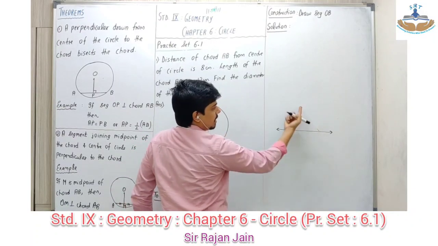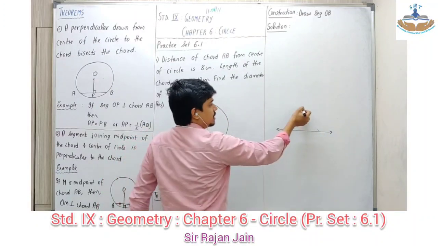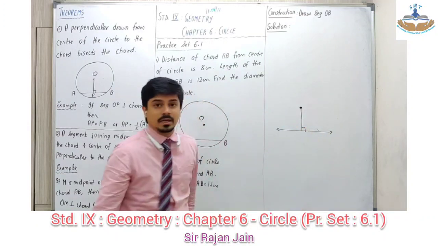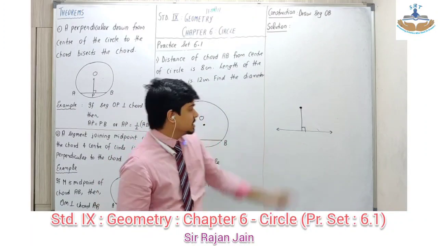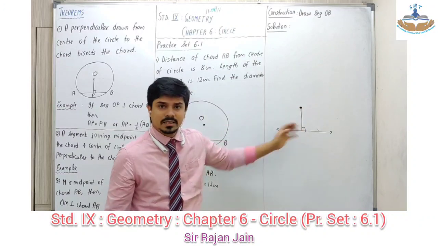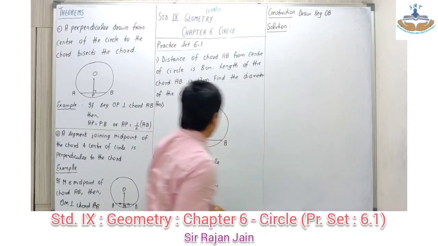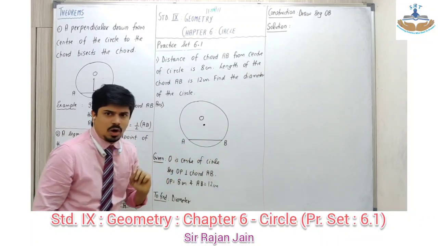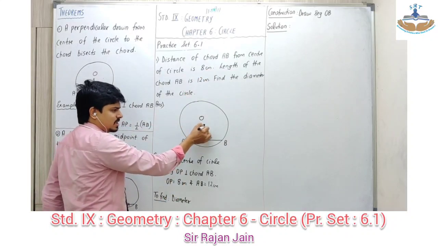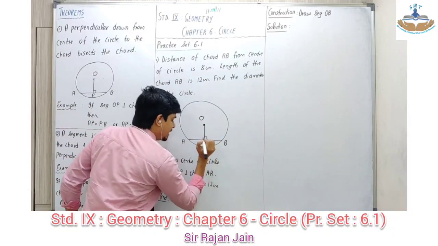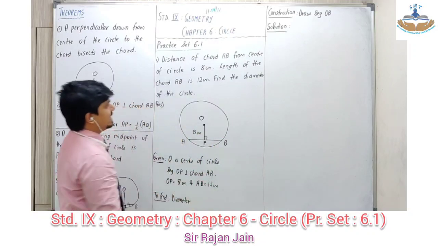तो अगर मेरे को ये point और ये line के बीच में अगर distance चाहिए, you have to draw a perpendicular, and length of that perpendicular is considered as distance between the point and the line. समझ में आया? सिंपल फंडा है. ओके, तो सेम थिंग आई फॉलो ओवर हियर. This is my center, this is your chord AB. I want the distance between them as 8 centimeter. So that distance has to be the perpendicular distance. Let's call this as P, and this is 8 centimeter.